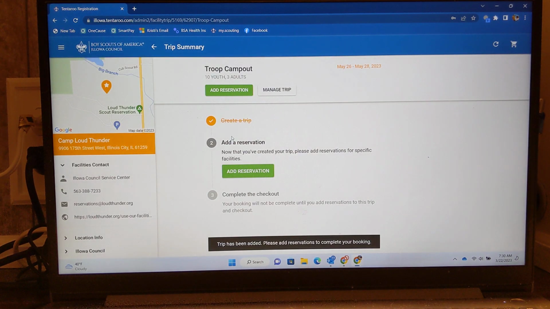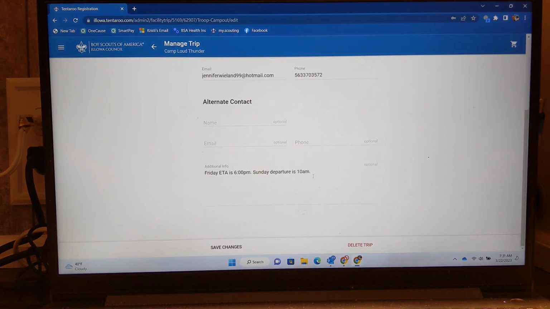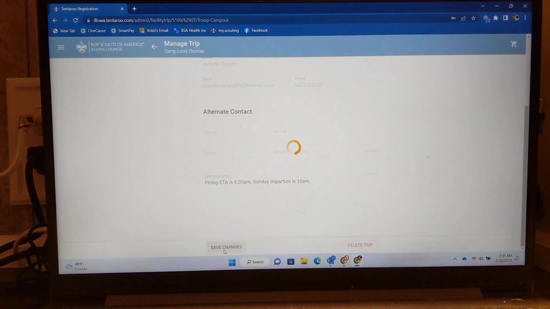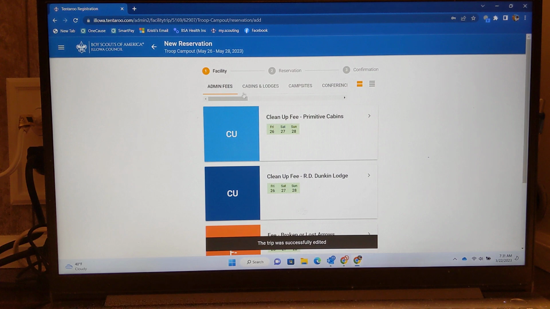And at this point, I can add a reservation. It's created a checklist for me here, so I know my trip is created, and now I'm ready to move on to the next step. If I wanted to go back and manage that trip, say add some other information to the additional contact information, I can go do that, and then click Save Changes, and it'll add that to it. I'm going to go ahead and click Add Reservation,